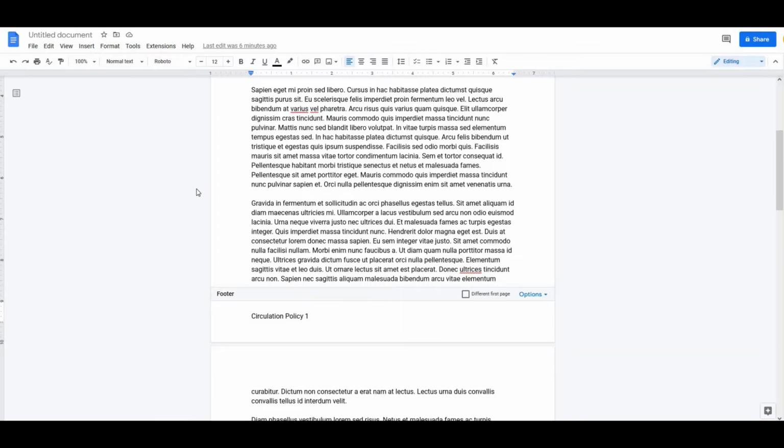And there's actually a third thing that you'll need to do before you apply this trick as well. And that is you need to see the ruler at the top of your document. If you don't see it, just go over here to the View menu and then click Show Ruler. And as long as there's a check mark next to Show Ruler, it should appear at the top. Okay, so we are in our footer, and we are going to right-click on the number 3. Remember, this is for the 1 inch margins.